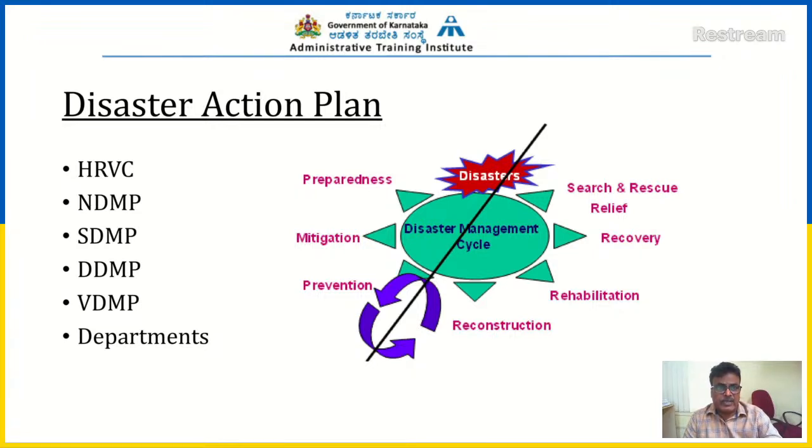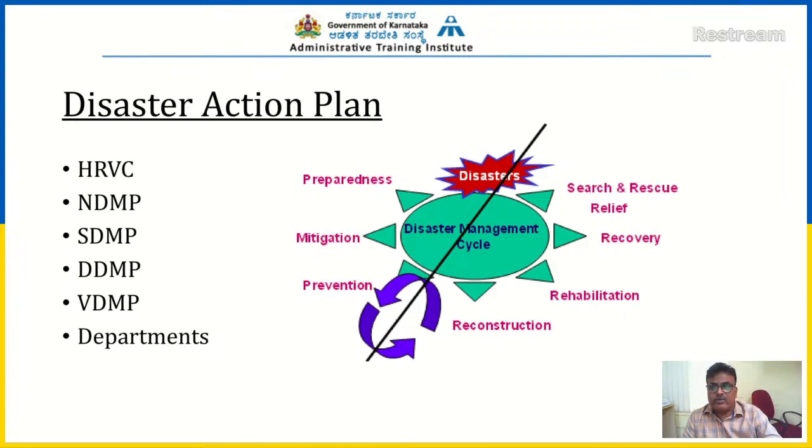All 31 districts have plans now in place. Almost 16 departments in the state have prepared departmental plans, like energy, housing, transportation, health and family welfare, irrigation, etc. So 16 department plans are ready now, and they are implementing them. So the disaster action plan basically includes